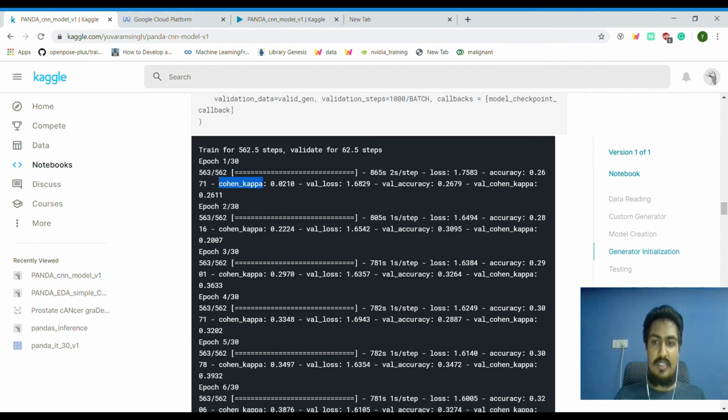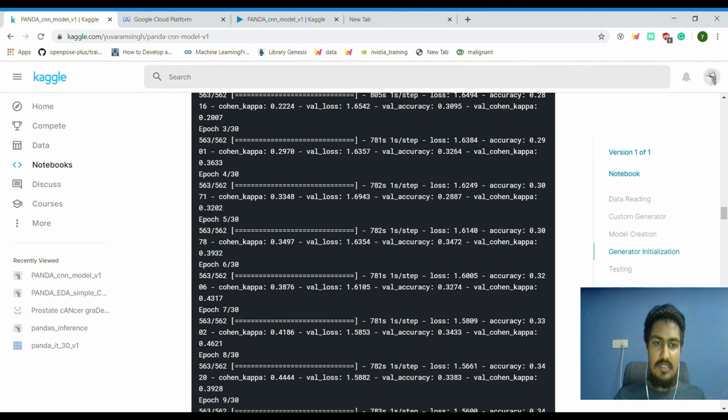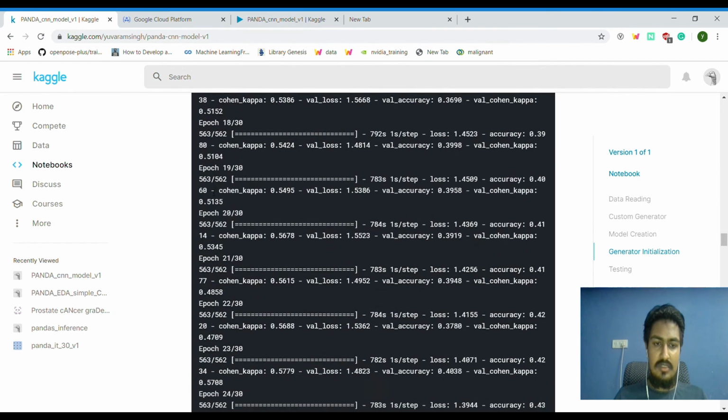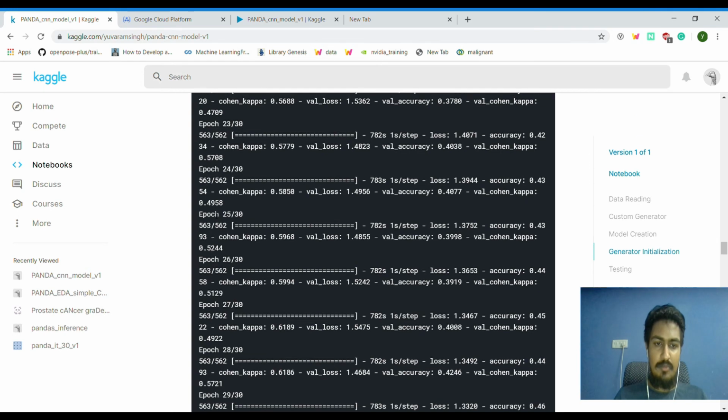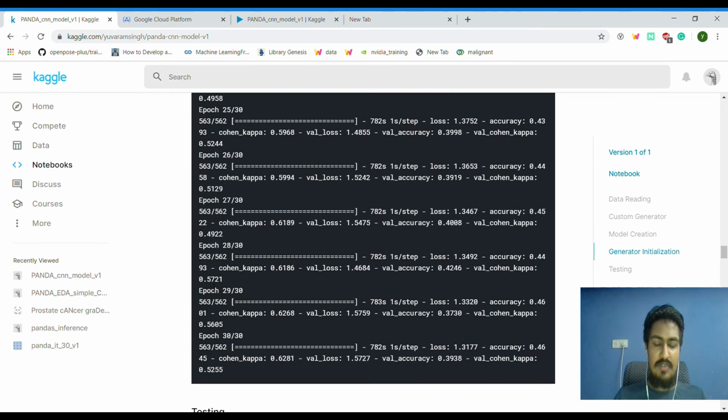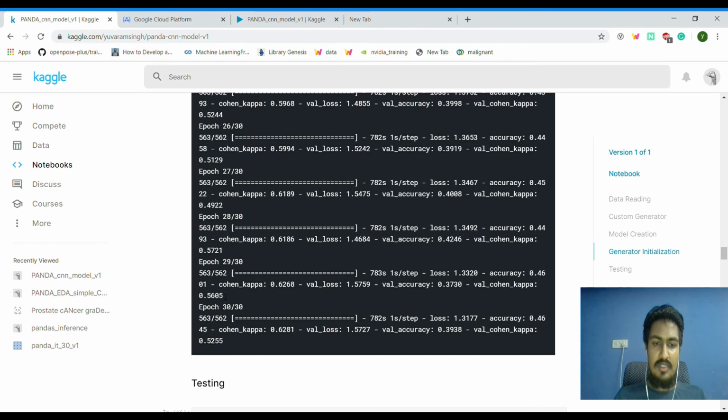Here you can see the first validation Cohen Kappa is about 0.26 for our validation batch, which is not ideal, but it keeps increasing, and we were hitting a maximum of 57.21 at some point, and that's the max for these 30 epochs.